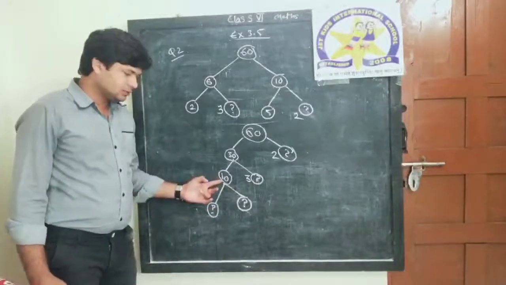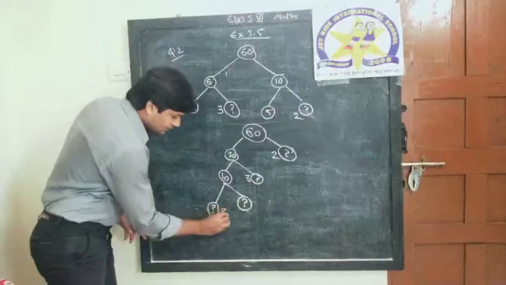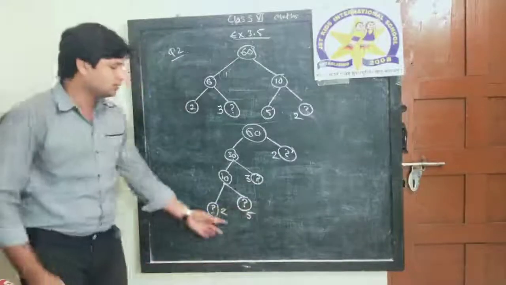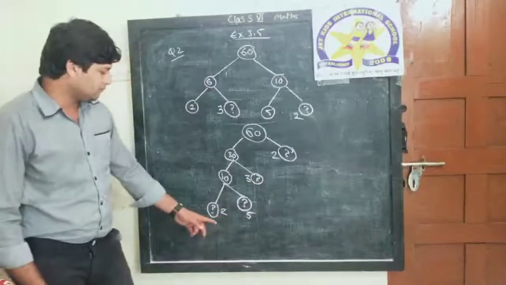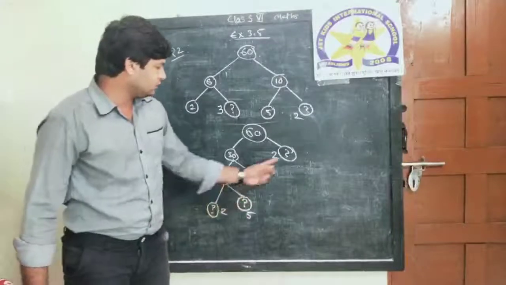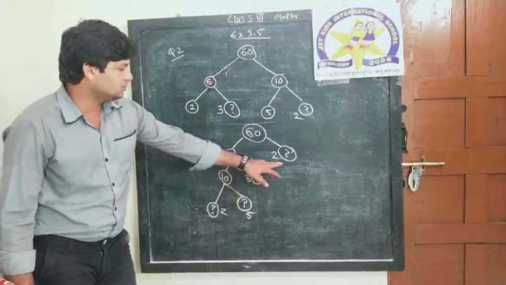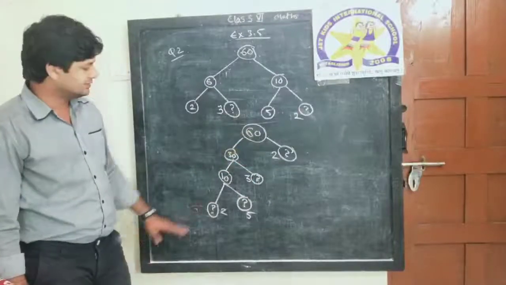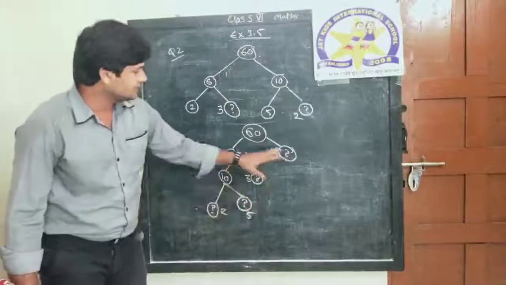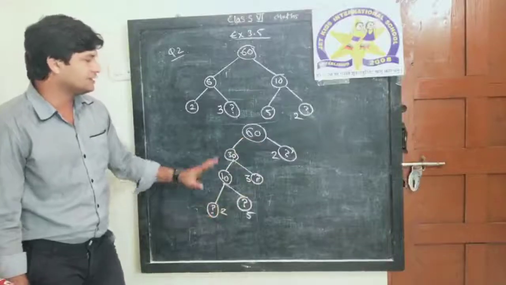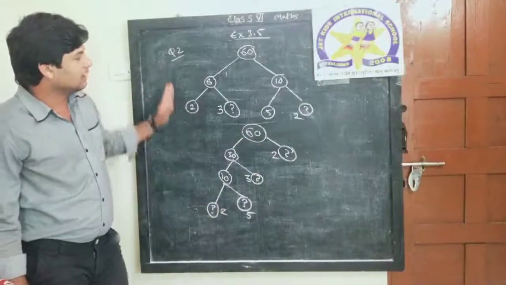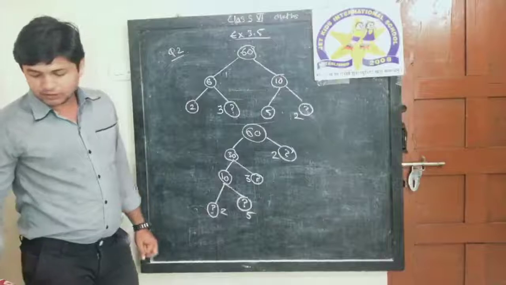It is divisible by 2. Yes, 2 multiplied by 5, both are prime. So here we have our prime factorization 2, 5, 3, 2. Okay, 2 5s are 10, 10 3s are 30, 30 into 2, 60. Yes, here's your answer, that our multiplication is right. That means our prime factorization is correct. These are the 2 prime factorization trees of question number 2.